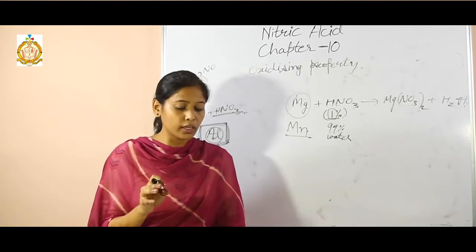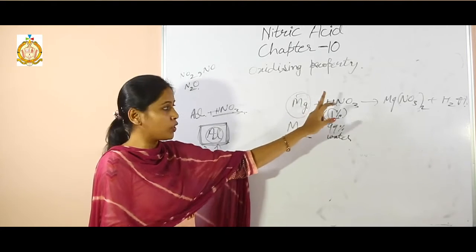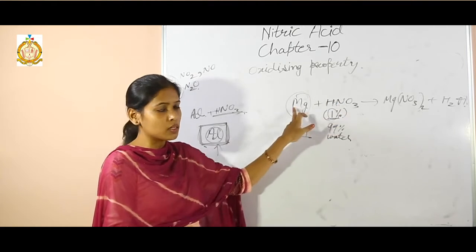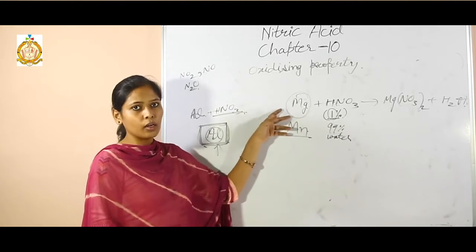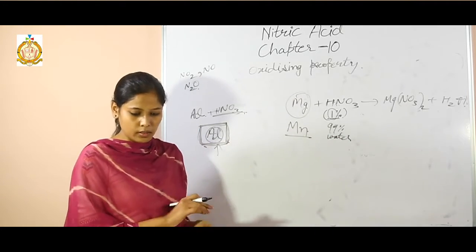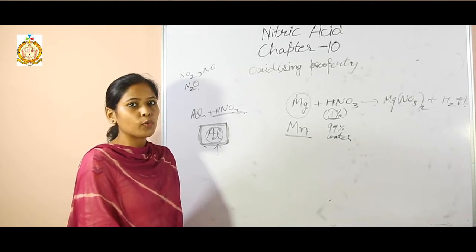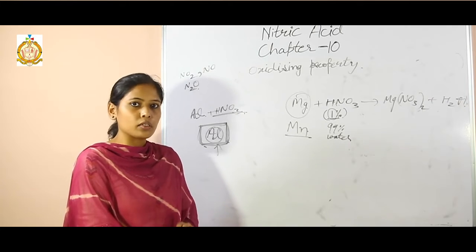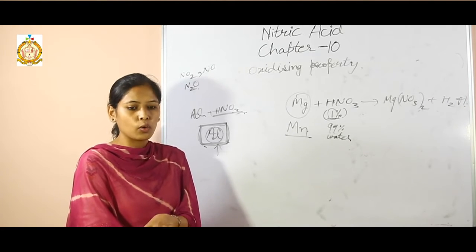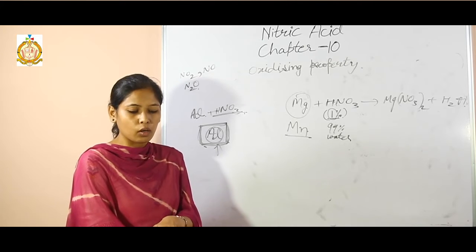So this question can be asked, an important one. Write the names of two metals with which nitric acid gives hydrogen gas. So the names are magnesium and manganese. Next one is reaction as aquafortis. That reaction you have done in the HCl chapter, same as it is given here. So kindly go through that chapter for the aqua regia topic.